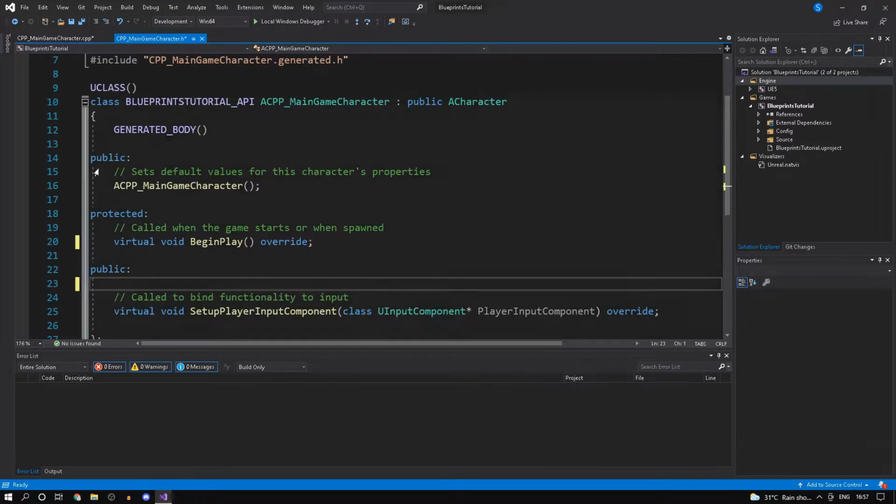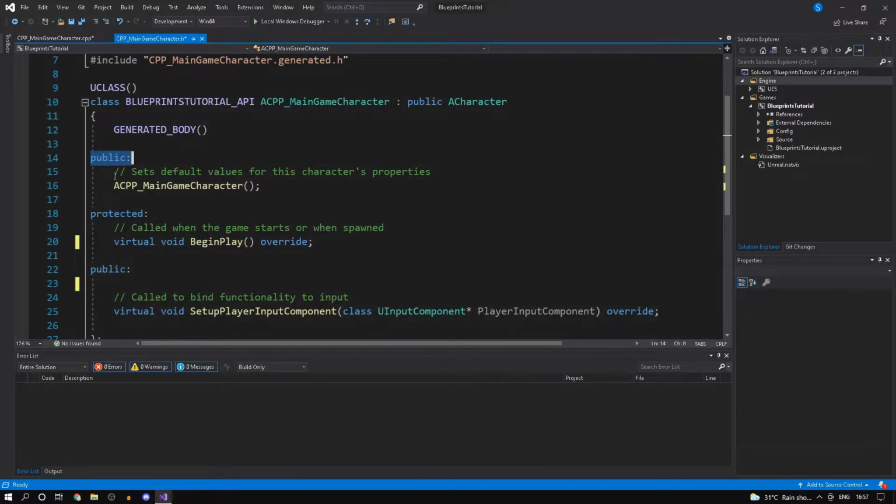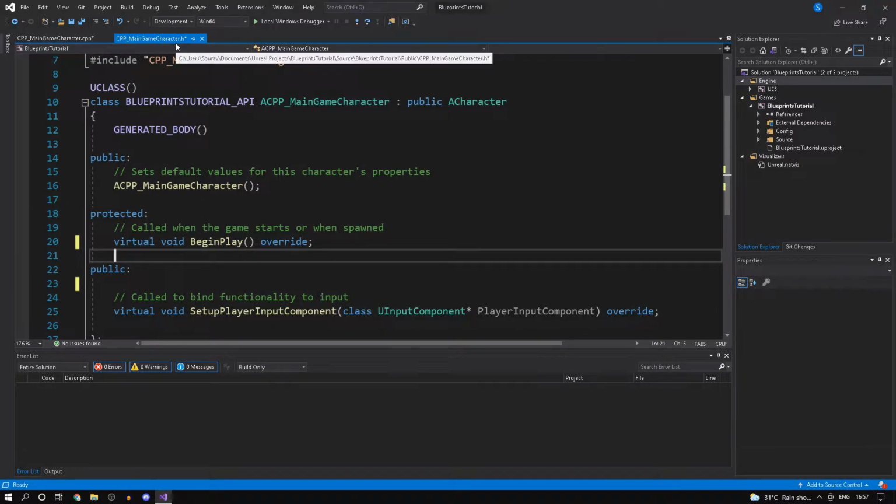And now let's just go over the access modifiers. So you have public, protected as well as private. Private is not really required to be added. So we'll mostly be working with protected because we want the functions and variables to be accessible by our character blueprint, which is a derived class of this. However, we don't want the variables and functions to be called or accessed by other classes. So let's actually start by looking at how to expose these to blueprints.